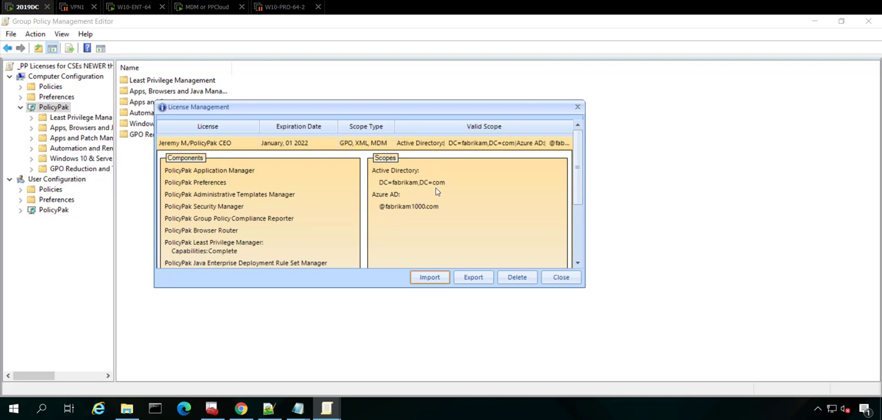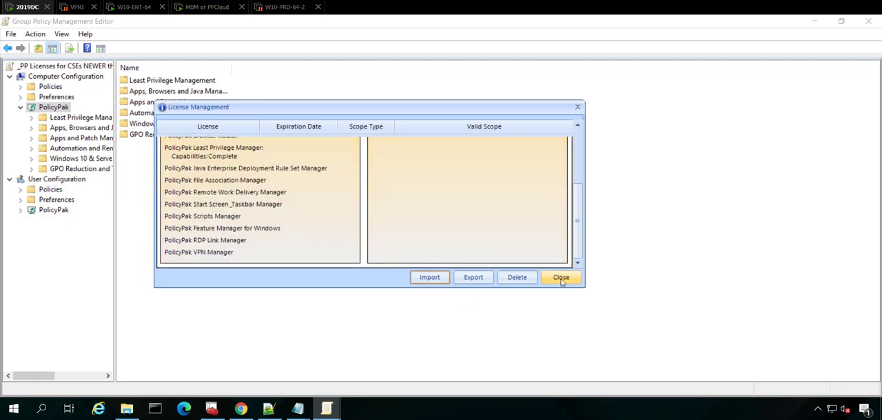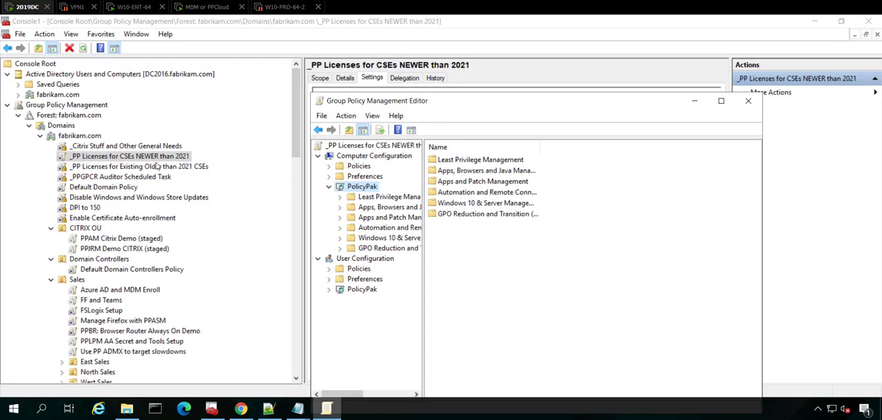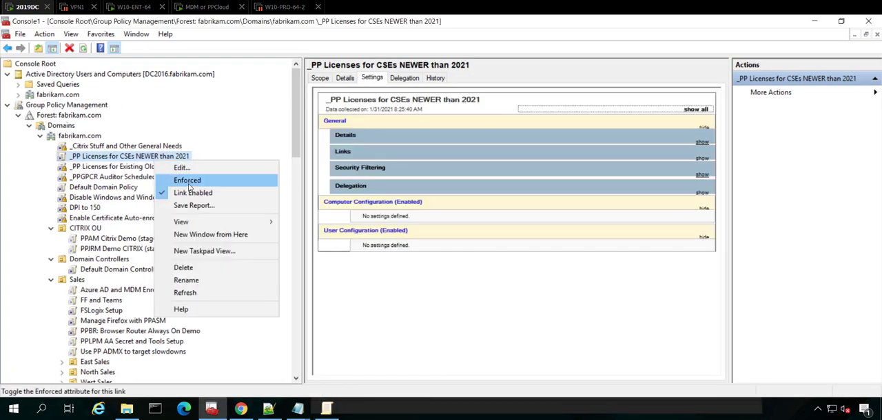And you can also see the scope. So the scope is listed here too. And then here are all the components that you're licensed for. Okay, so this would be considered the everything. So this is enterprise. And when you go ahead and click close here, that's it. You're done. So just to show what we do here, we just, like I said, right click and enforce it